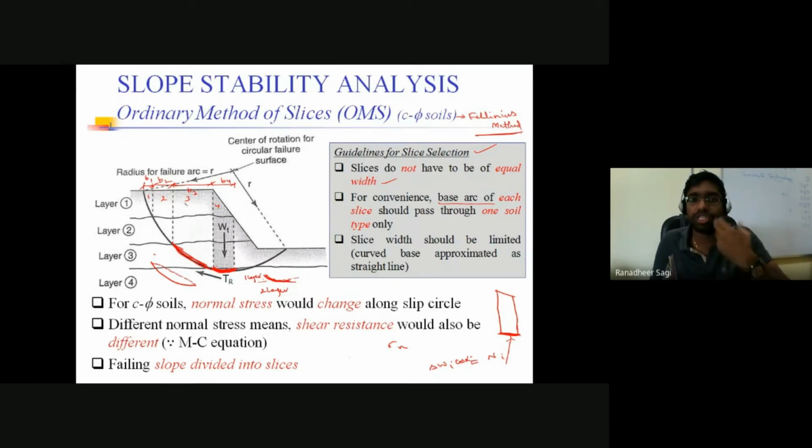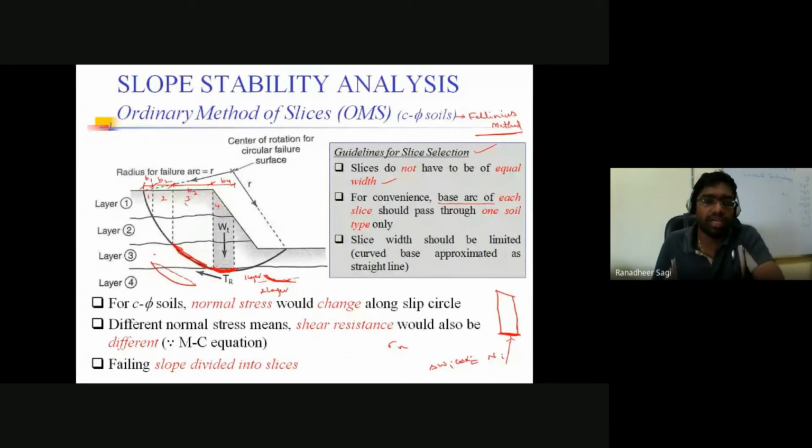Okay, so more chances of committing errors is what we have. That's the reason. Do not go on to consider slices of more width, because assuming the curved surface as a straight line between those 2 points would be very crude if the width of the element is more, because the curve length is going to be higher when compared to the length between those 2 points, which are considered straight, which we are defining with a straight line.